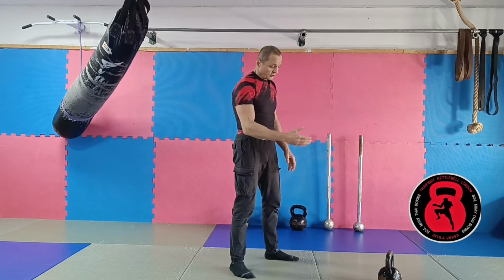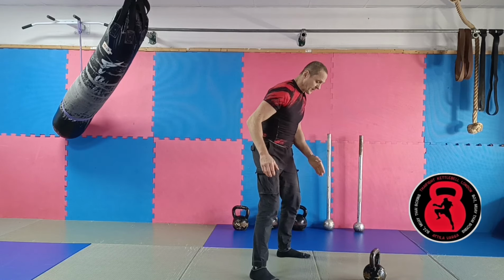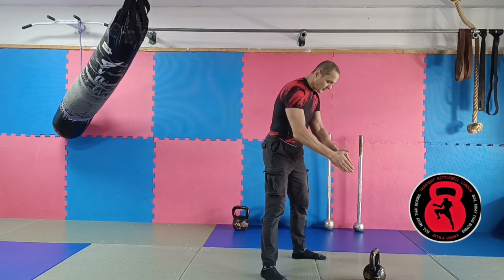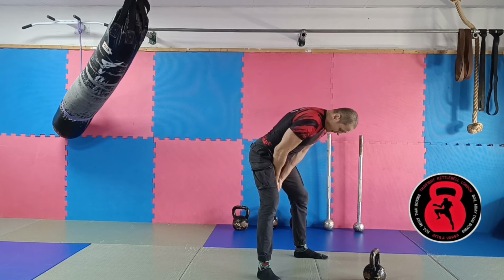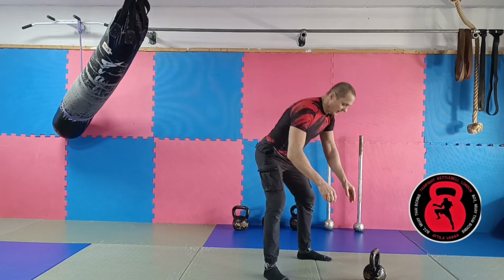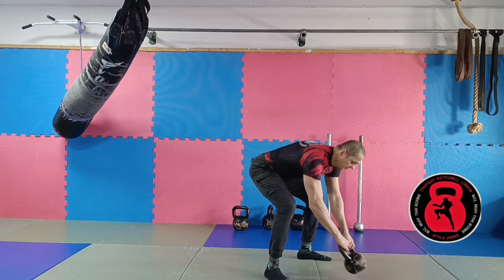It's always more beneficial to step a little bit away, and straight away I have the momentum to generate the power, the force forward as much as I need either way. So I have this triangle setup, and when I drag the bell behind me, I push my hips to the weight holding arm, and it's giving me the leverage with a very strong hip thrust to get the bell to the final position. So started from here, inhale,